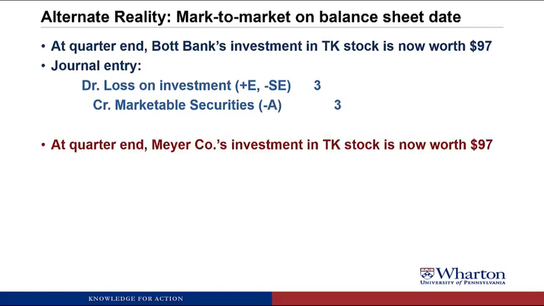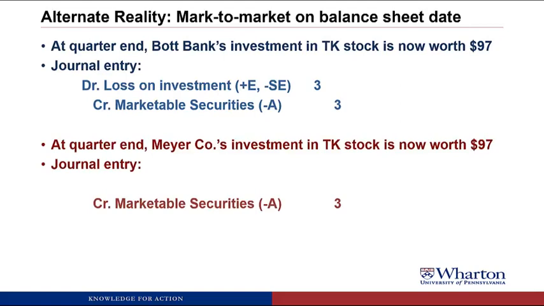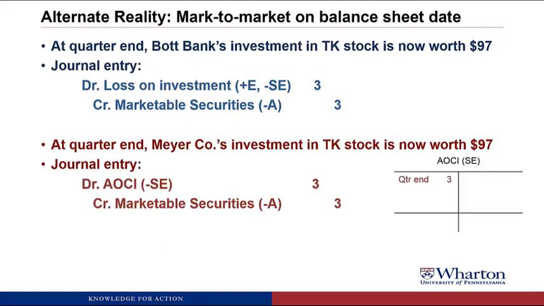Meyer has the same investment, also drops to 97. They also do the credit to marketable securities to mark the balance sheet to the market value, go from 100 down to 97. But remember, under AFS, their unrealized loss is going to go into AOCI. So we bring up our AOCI account, and that debit stores up the loss until we need it when we